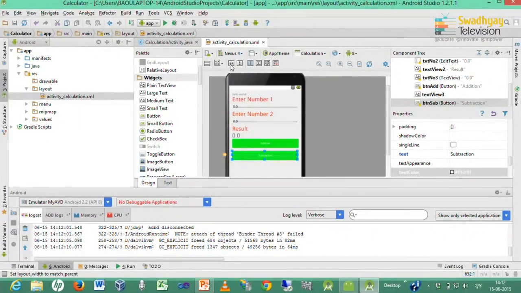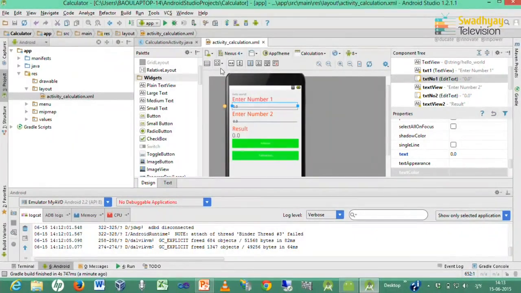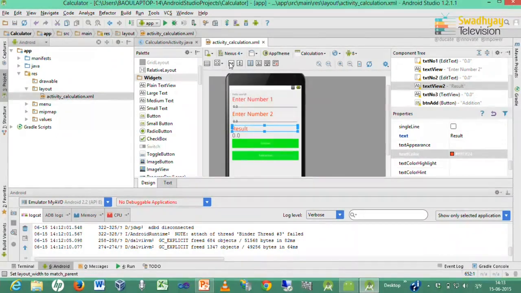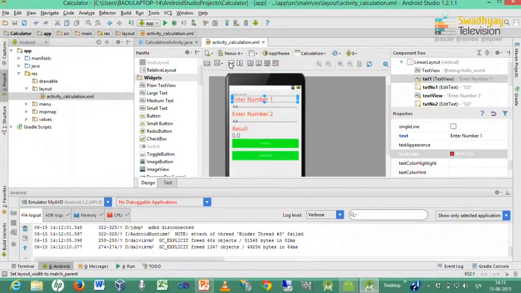By clicking on this mouse pointer icon, you can always accommodate your controls to the screen size. So, by clicking on this you will always get screen size. So, I am adjusting every control to the screen size.